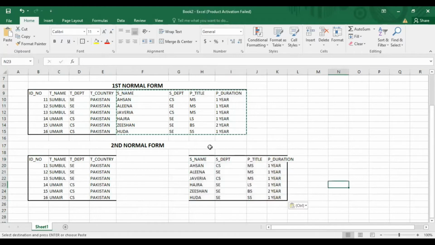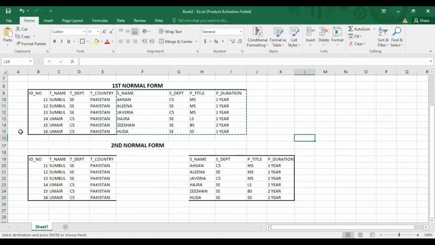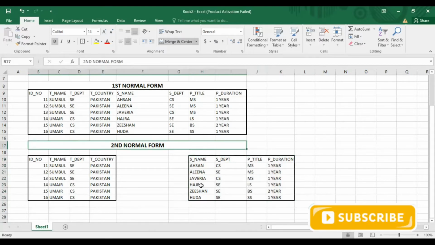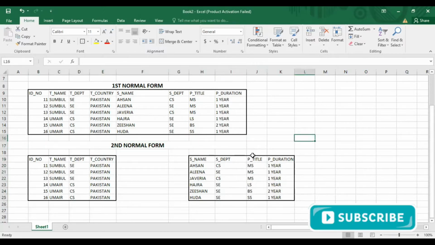Now the first thing you can see is that we have an ID in this table, but not in the student table. We do not have an ID, so we will assign an ID to each table. Maybe in your data you have multiple entities and multiple attributes, so you might have a lot of tables.